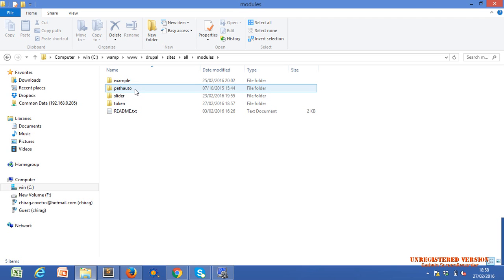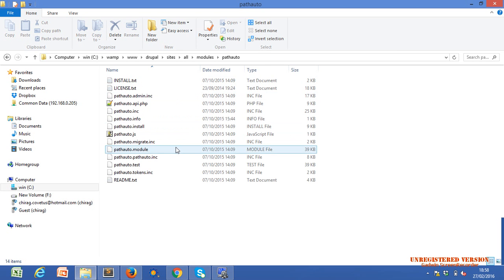We need path auto, but this module needs a sub module. As the requirement of this module, we have to use the token module also. In these there are so many files, some .info and .module files, the minimum requirement.